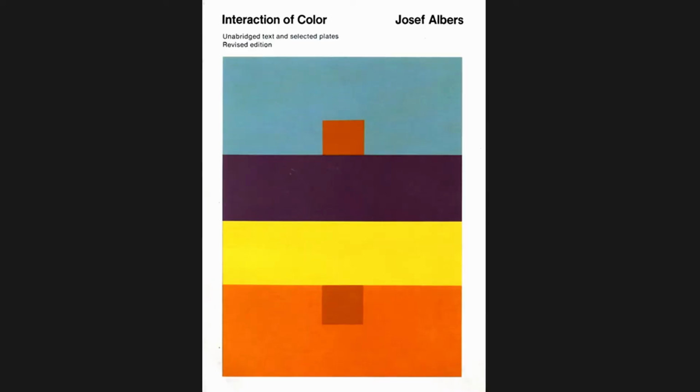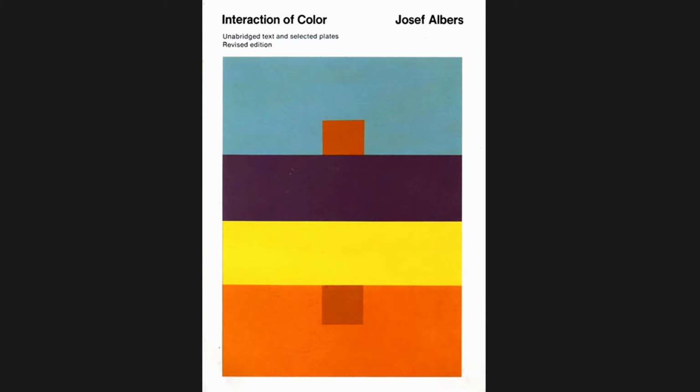It's precisely when a system sinks out of sight that it becomes most powerful and is most in need of observation. Now, I want to begin that act of observation today with a look at a famous example of screen printing that gets out of the way. Josef Albers' book, The Interaction of Color.